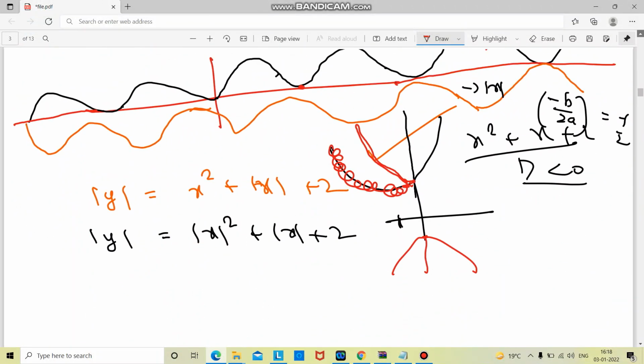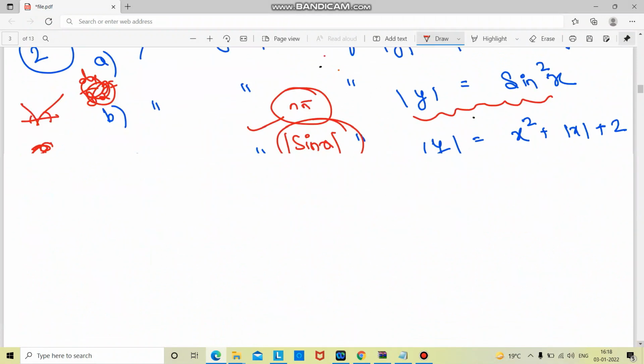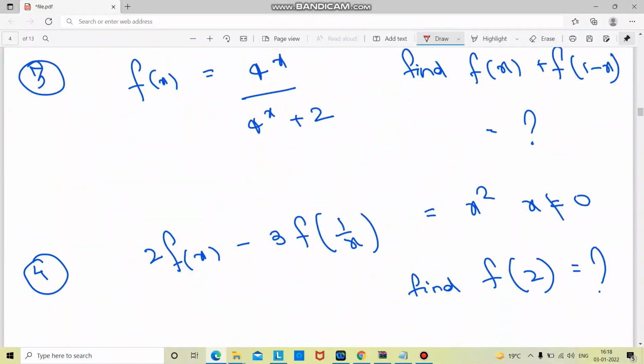You must all try the first one as your homework. All the concepts needed are covered in both the questions, second and third, which are required to solve the first one. So you can try. Now we will move on. This would be homework. It is very simple. And this type of question I have also given to you in the last video.